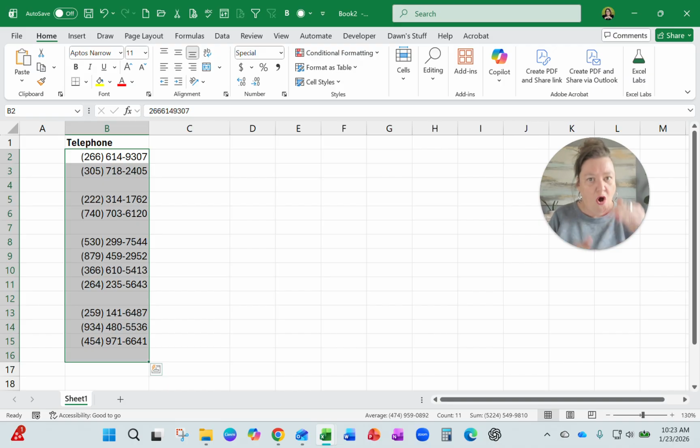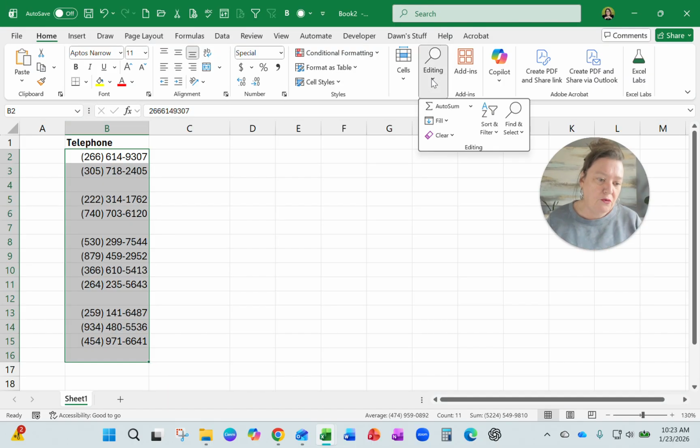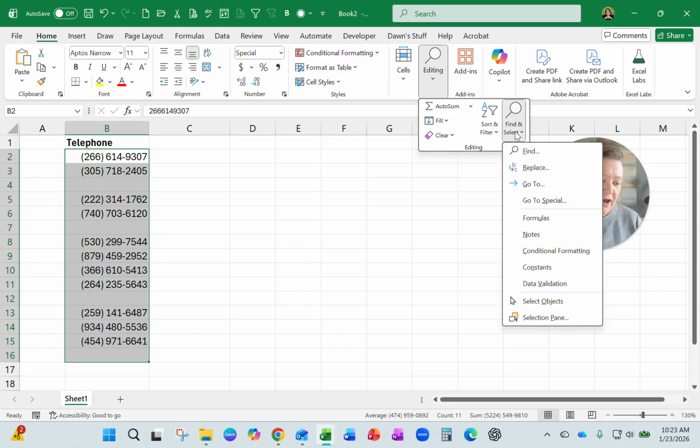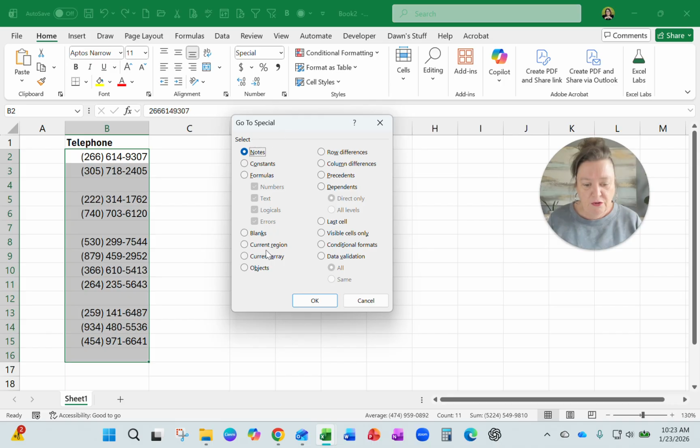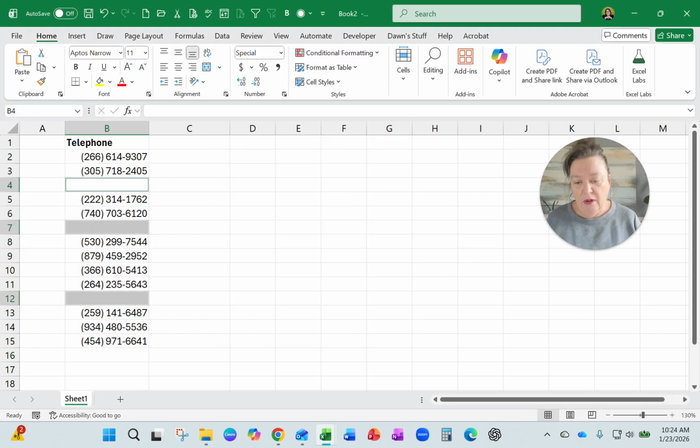So select all the cells that contain the blanks that you want to do this with. And then in your editing group on the Home tab, get into Find and Select and go to Special. In the Go To Special, the thing I'm looking for is blanks. What this will do is look at your list and clicking OK, it will highlight all of the blanks within